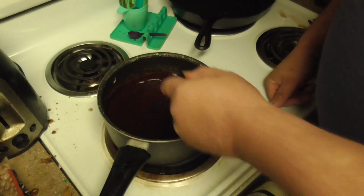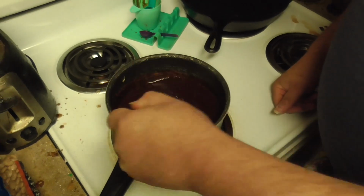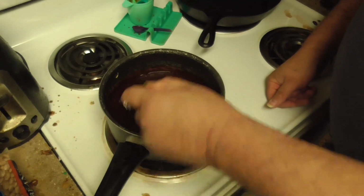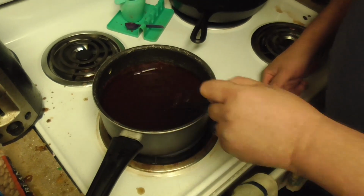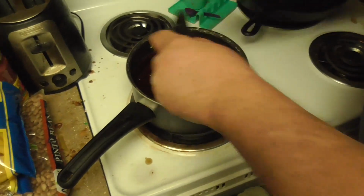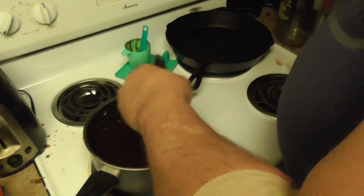See how we're looking so far. It even smells like barbecue sauce. It smells a lot like barbecue sauce to me. And it looks like it too. Look at that. So you're going to want to whisk this down, and while we're whisking,